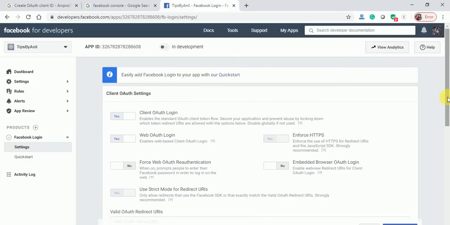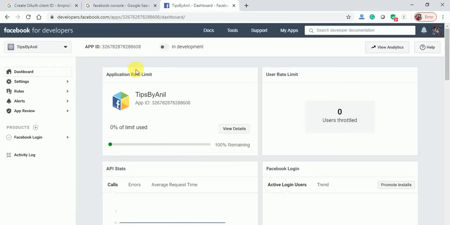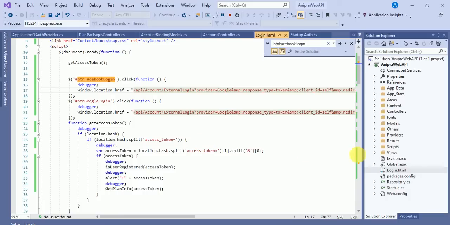Now go to the dashboard and here you can see your app ID. Click to copy the app ID and go to your web API.